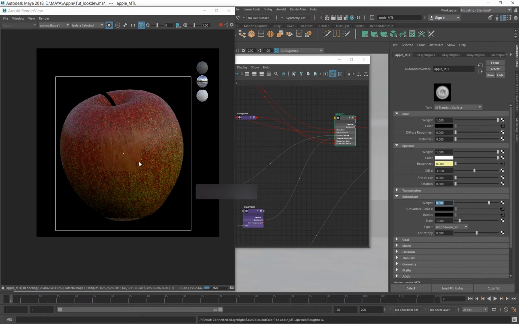I can't just explain what settings you should put to get the Apple triple S or any other settings, or say this is the exact setting that you should put to get accurate results for the Apple, because those settings are totally up to you. Mostly it depends on the lighting setup you are using, the camera angles, what kind of Apple, or what kind of shading result you are expecting. So it all depends on you.